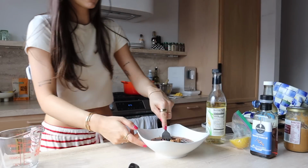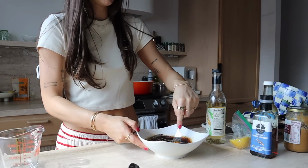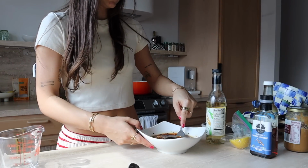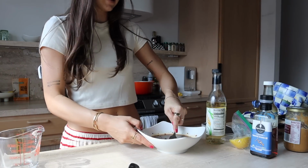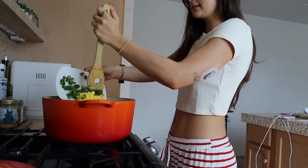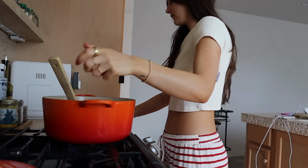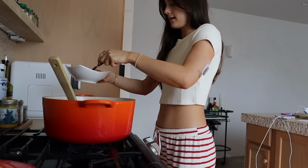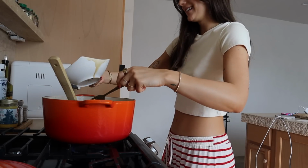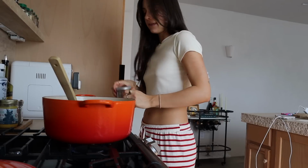Mix that all together. See, it's gonna be hard to mix the peanut butter because I kept mine in the fridge. It's gonna need to be combined once it's in the pan. I didn't think about that. All right, it's all cooked down. I'm gonna add back in the eggs and the other parts of the scallion, or the green onion, whatever, and the sauce, which I couldn't fully stir together because of the peanut butter, so we'll see how that turns out. And then